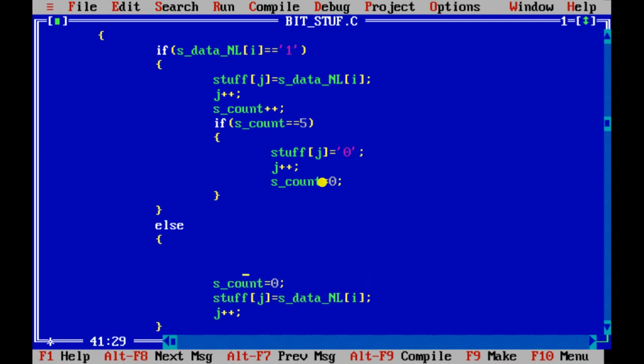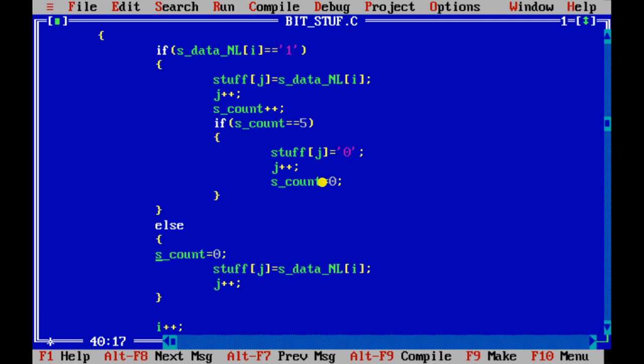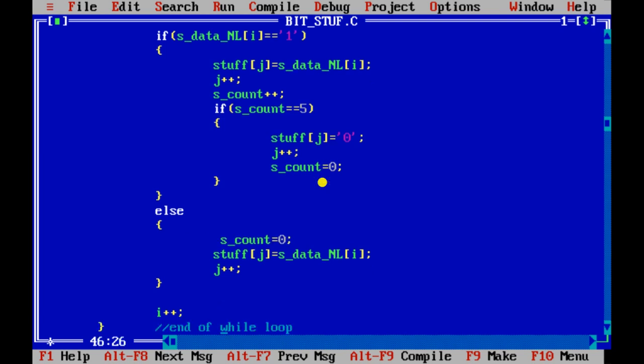I can write here. Suppose you see 2 ones and after that there is a 0. Here, if I see a 1, my counter is incremented. So I see 2 ones, and then I see 0. Once I see that, my sequence gets interrupted, so my counter should start again from 0. कारण इथं sequence of 1 interrupt झालाय तुमचा. So we need to set the counter to 0 again. Then keep going, copy that particular data.